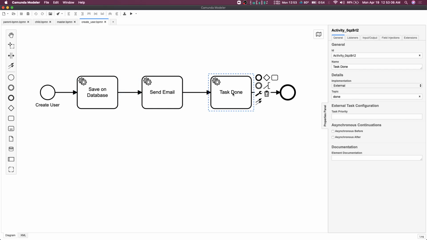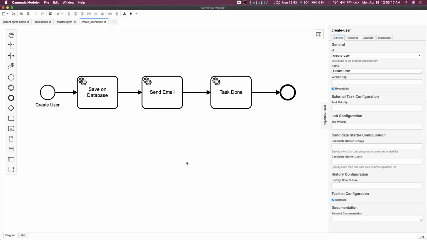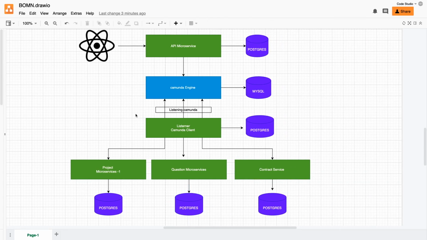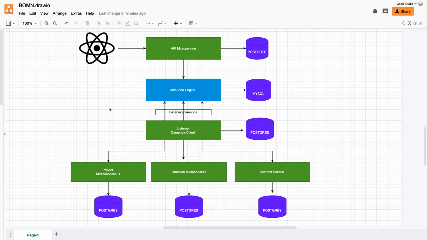Okay, now, these are the very basic things which we have talked about: the DMN with the BPMN, different BPMN elements, service tasks, timer events, and all. But overall, how can we consume it with an end-to-end application? Let's say we have a UI, a user interface, which is sending the actions to the Camunda engine. Camunda engine is changing the state of the system, and then we are reading the changed state from our UI. So this is how it can look.